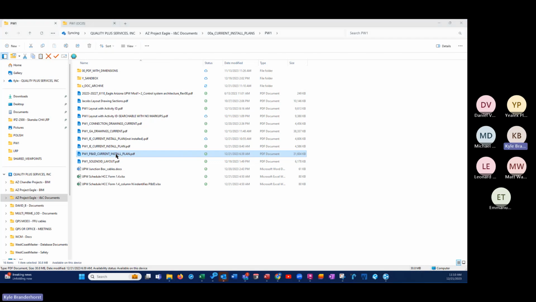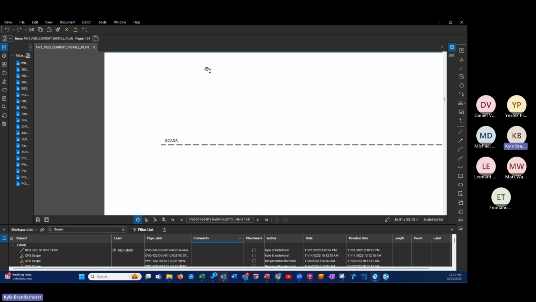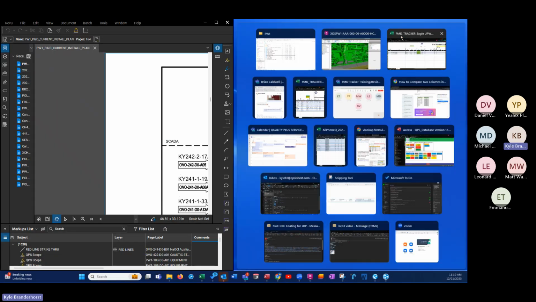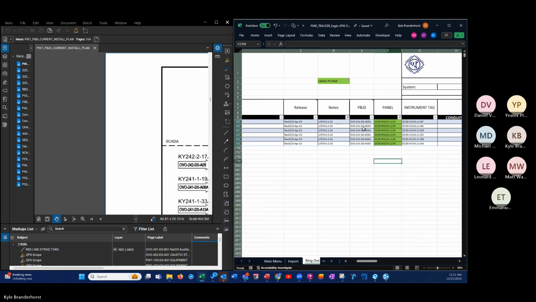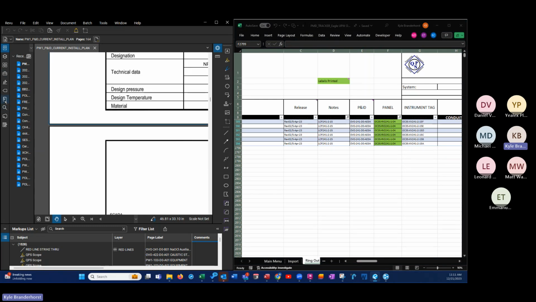I'll pull that up and we'll look at these things together. We also got connection drawings for these that we'll look at in just a second. Okay, so I'm going to do this just so we can see it on the one screen. So I'm looking for OVO 241DO AO3A. So I have this document open and I want to show you this symbol here will look